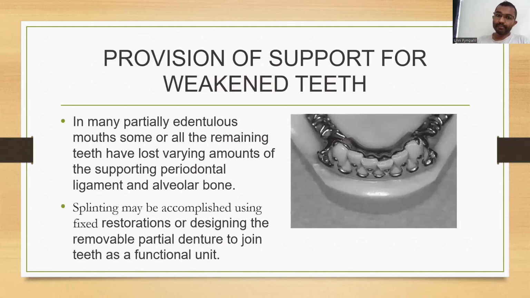Then coming to the provision of support for the weakened teeth, there are chances that the patient has multiple carious teeth. So whenever you see too many carious teeth, it has to be corrected in a conservative manner, where you restore all the teeth. And if you still think that after the restoration the tooth is not good into the sound tooth form, you can plan for a